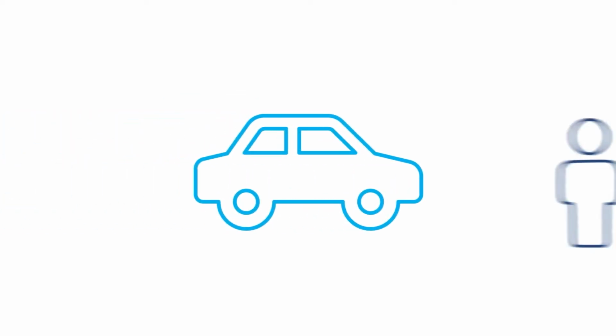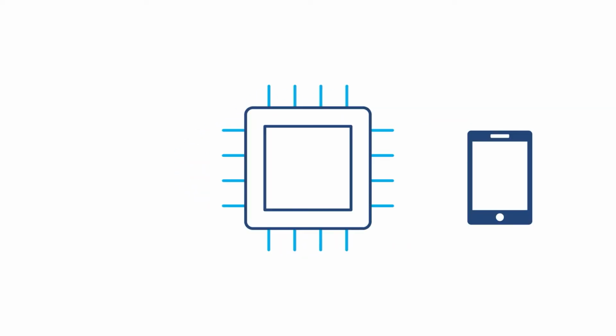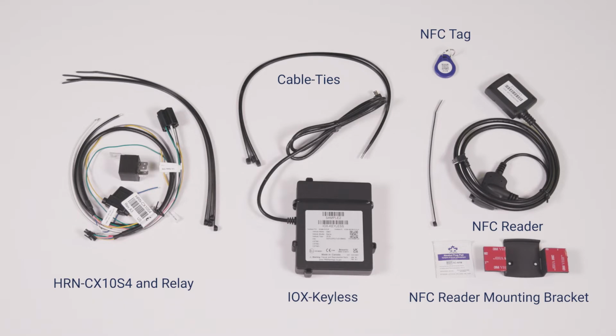Geotab's Iox Keyless helps you access your fleet vehicles in a hassle-free way. Drivers can access vehicles using a mobile app provided by the fleet administrator, or in some scenarios, an NFC tag. In this video, you will learn how to perform an advanced Iox Keyless installation using the optional NFC Reader and